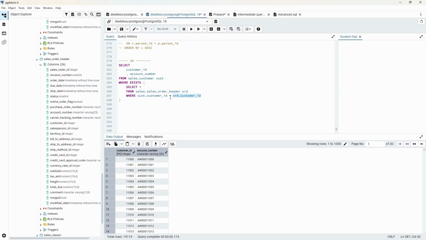If you find any record, it's going to say yes, that is true, and then it's going to pull the corresponding record in this particular table, customer table, and that tells us that actually they placed an order. So that's really how it works. Okay, now